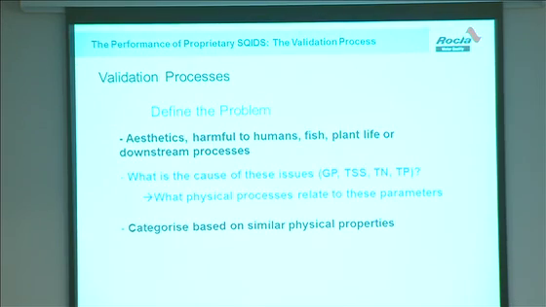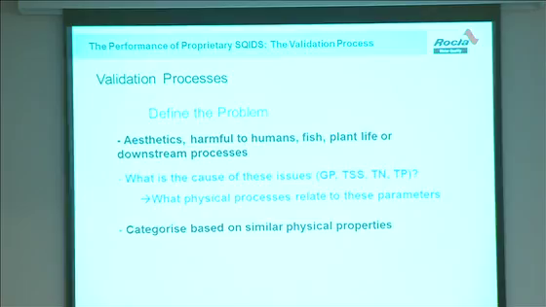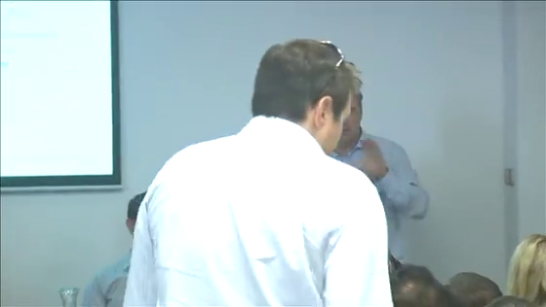This is not a reality television show. The judges are not going to tell us what the right answer is. We have to take responsibility for each project and look at the parameters with all the data presented in a common format and assess it for ourselves. What causes these problems? Is it gross pollutants, TSS, TN, TP? Not all problems occur on all sites. Not all projects justify the rigour that's necessary to remove some of these pollutants from stormwater. We need to be pragmatic about it and work out exactly what our problems are.